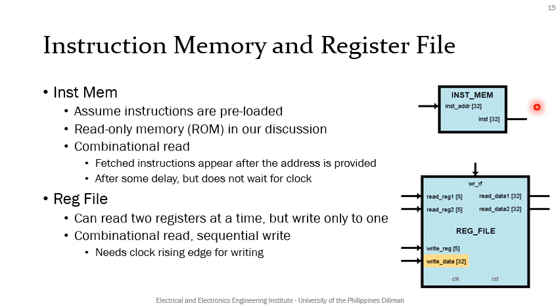The register file also works in the same way we have discussed for registers: combinational read and sequential writes, where writes only happen on the rising edge of the clock. Note also that the reg file has a write-enable input labeled write_rf, which must be asserted to enable writes. The write data port is also highlighted with a different color to indicate that the signal cannot pass through that port without a clock rising edge.